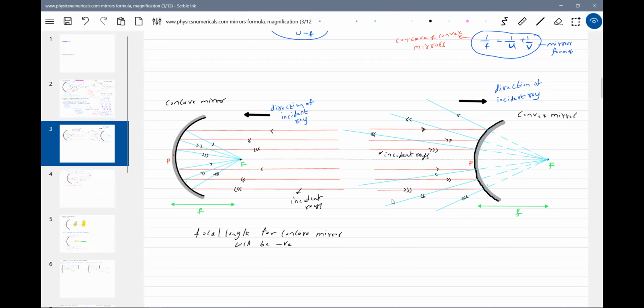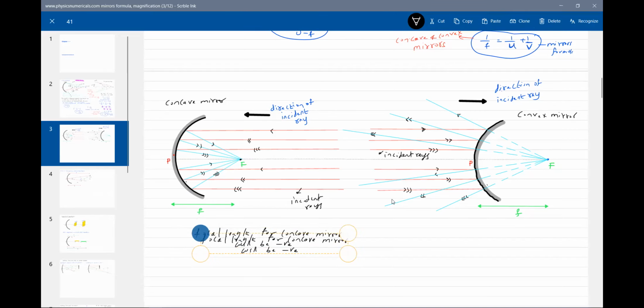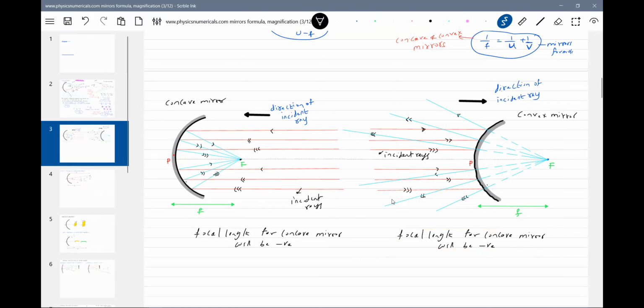Similarly, for a convex mirror, these are the directions of the incident rays. After reflection, the rays diverge from a point where the image will be located, at the focus. Put u equal to infinity, I'll get v equal to f here. So the image will be at the focus. How do I measure the focal length now? In the direction of the incident ray. So the focal length for a convex mirror will be positive. This is very important now. So when we are doing any problems, no,